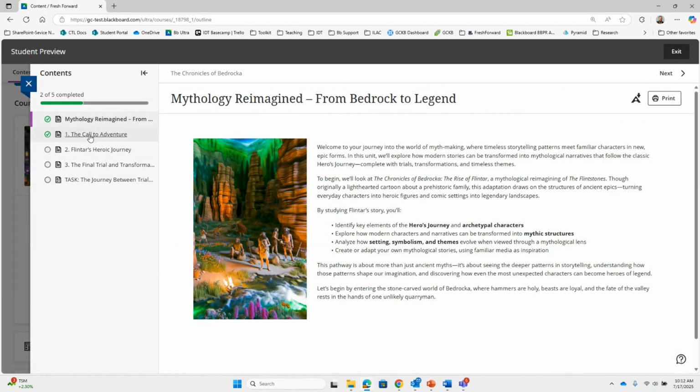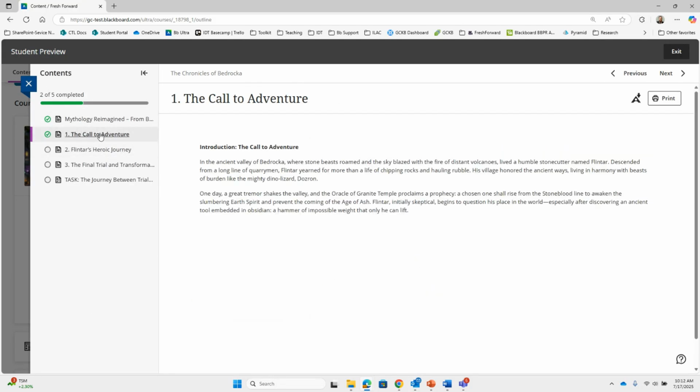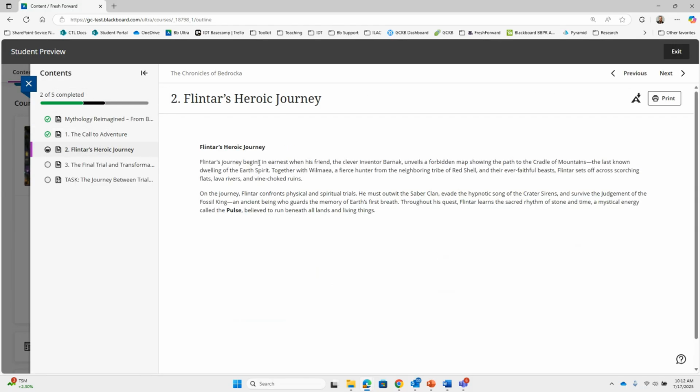I could have jumped in at number 2 or 3 or any of them because there's no forced sequencing, but we'll go into the second item. So you can see this table of contents is clickable. And then if I go into the third item, this is the difference here between the manual and automatic completion checks: with forced sequencing turned off, the student needs to manually check this to say, yes, I'm done